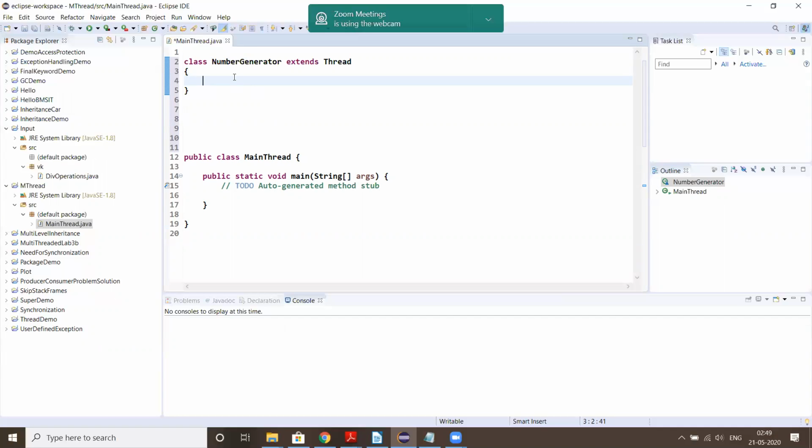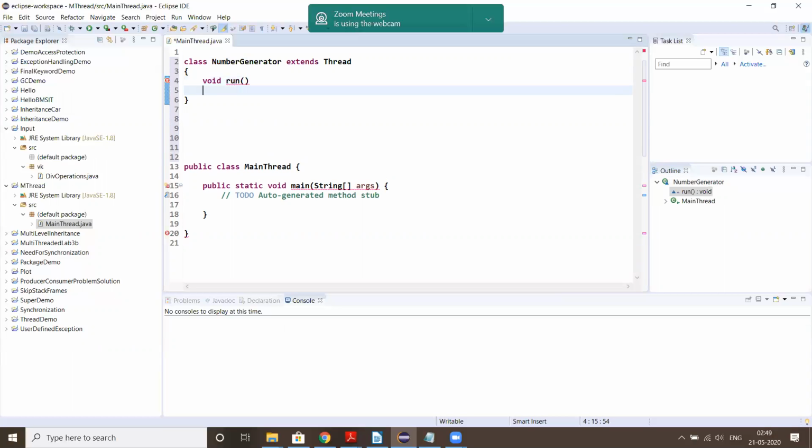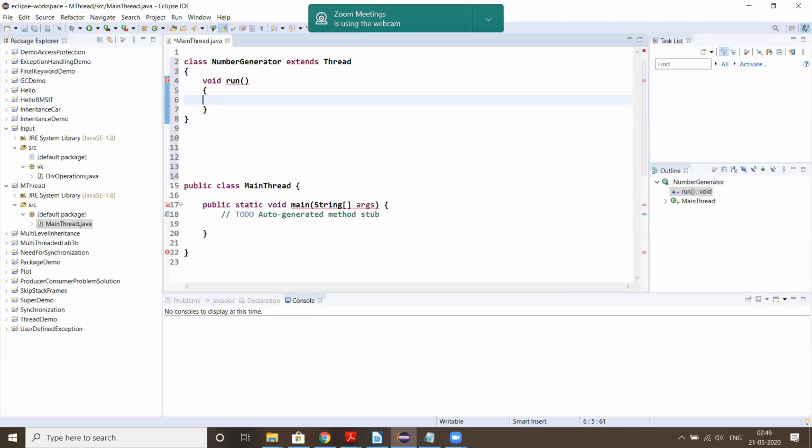So let me add a run method for this class. It should be public. So what this run method should do is generate a random number.